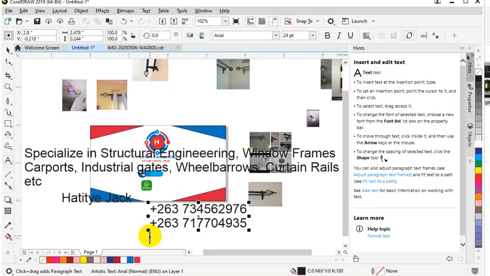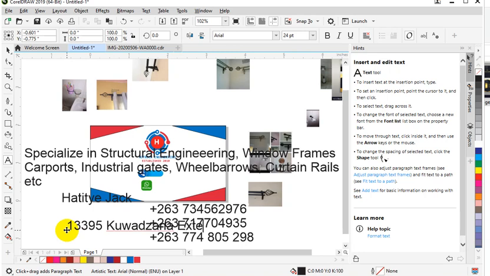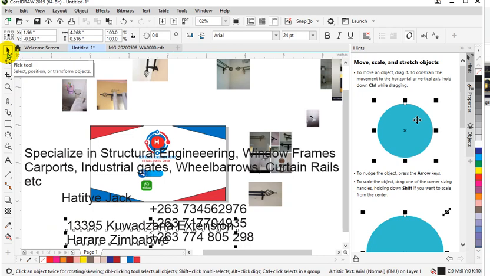Then the last number is +263 774 805 298. Then the last detail that I need is the address. So this is 13394 Kwadzana Extension, Harare, Zimbabwe. So if you notice something, as I was typing my stuff, I didn't even care about the position, the location,